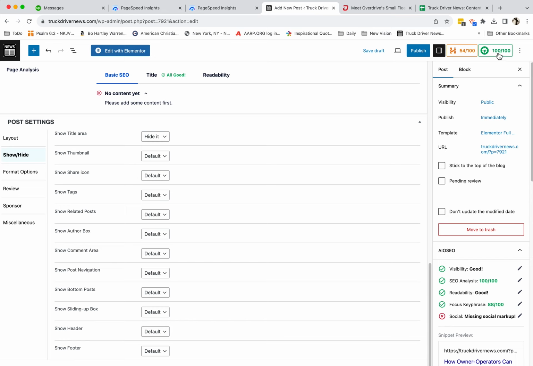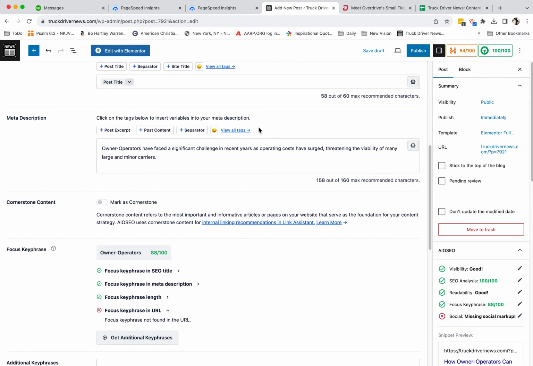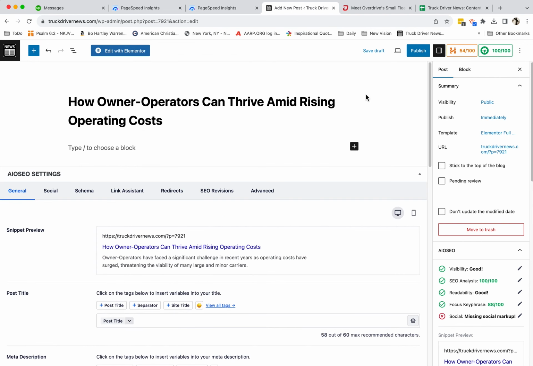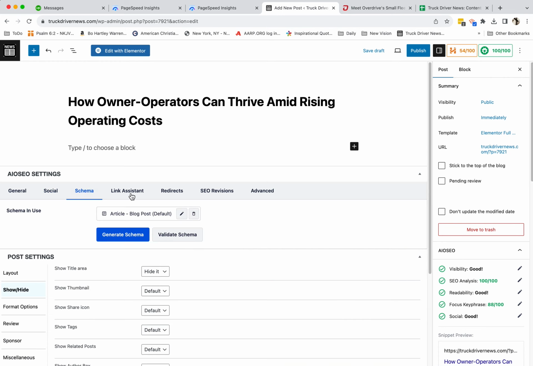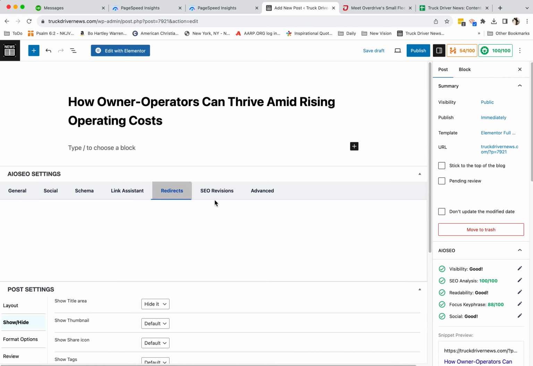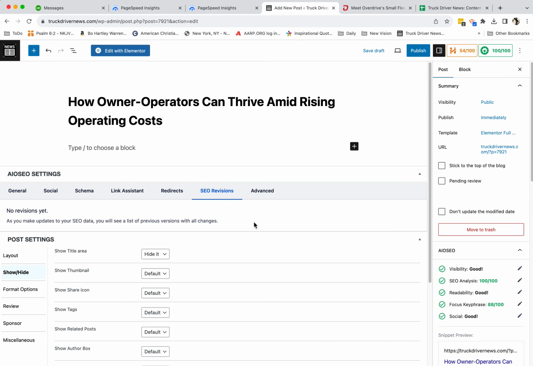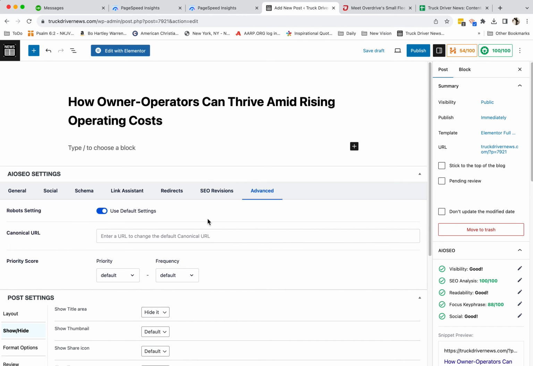And now we're scoring 100 on our SEO values, and we can either save it as a draft or we can post it. Now along with these other headings right here, you don't need to be concerned with these, but these would be your social, your schema, the link assistant if we need it, any redirects that come in, any SEO revisions, and then of course with our advanced,